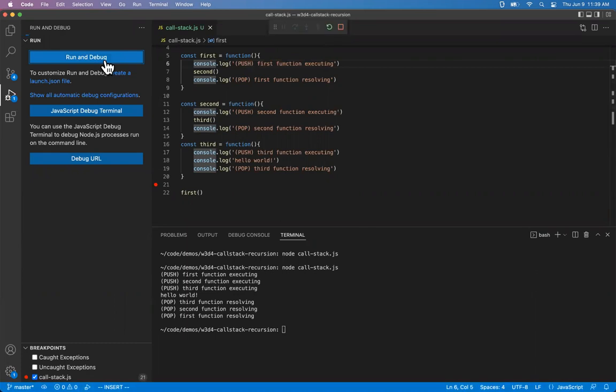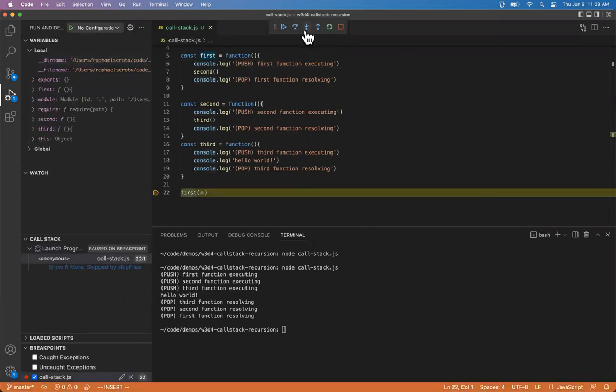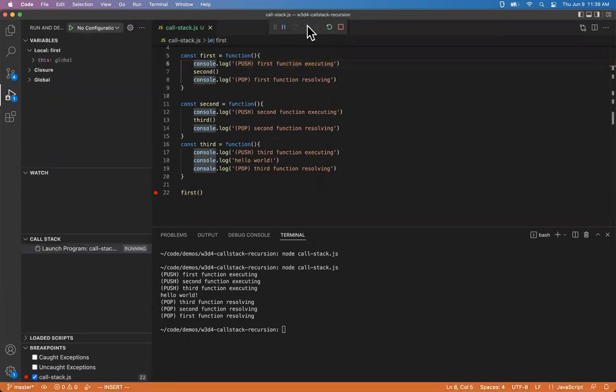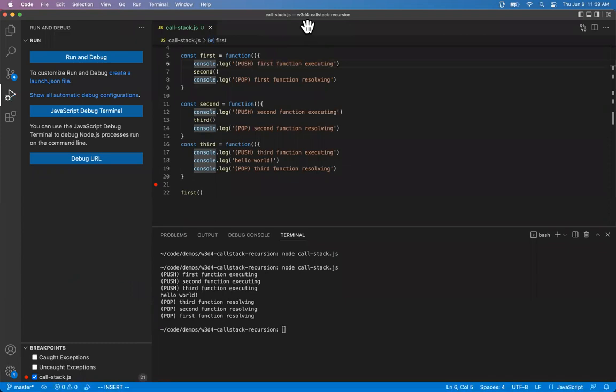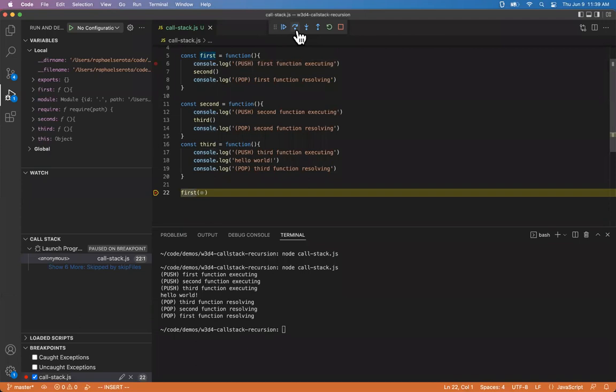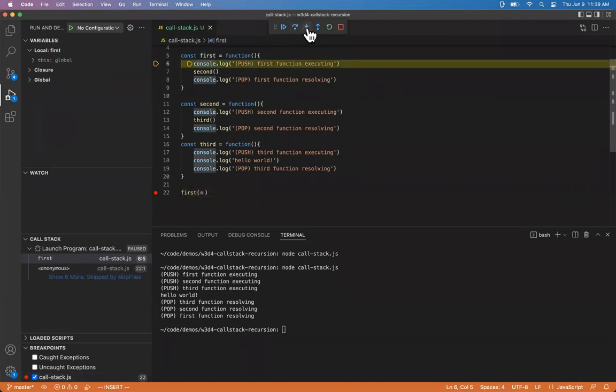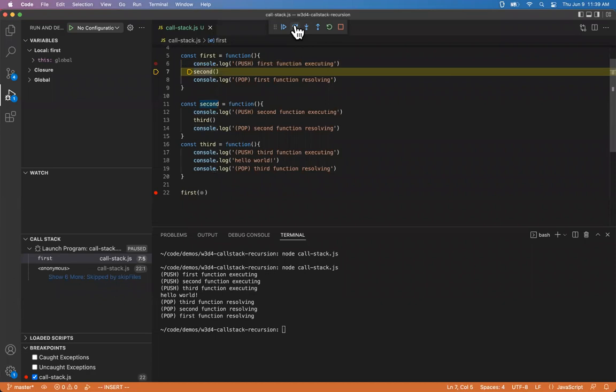Wait, did I just press the wrong button? I think you hit next because you're trying to step into a console log, right? Maybe I need to practice the debugger a little bit more. Anyways,